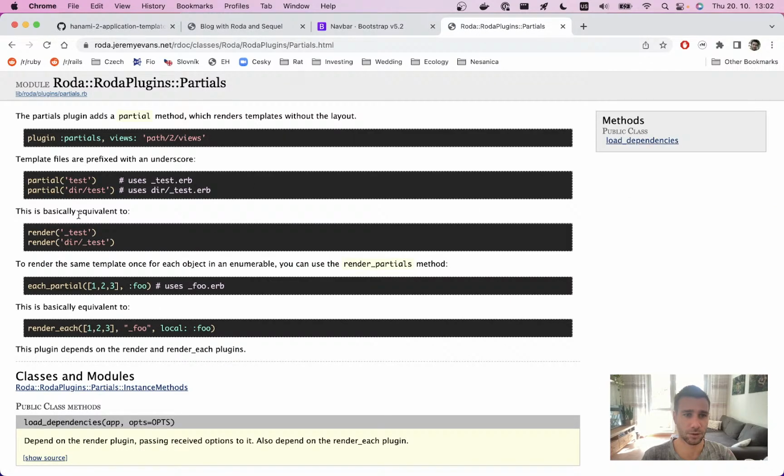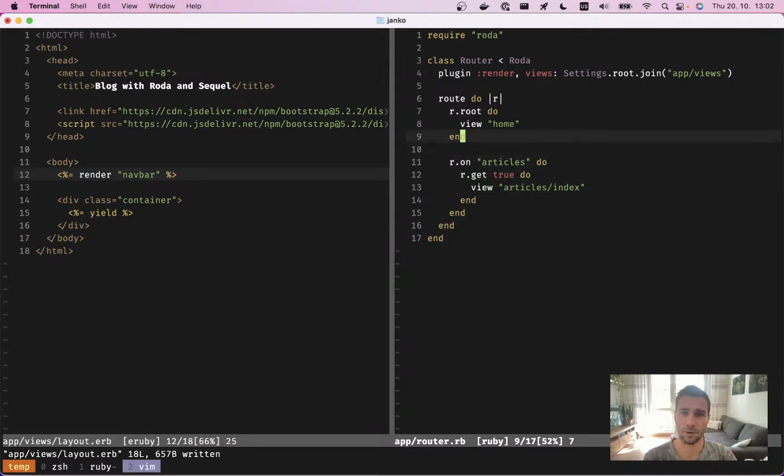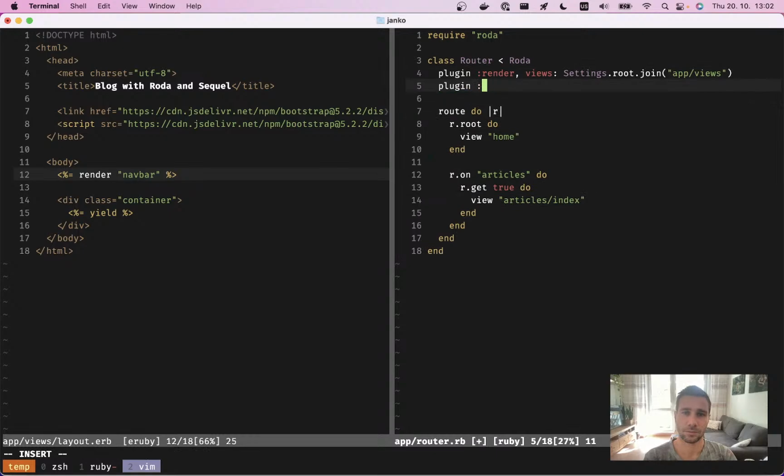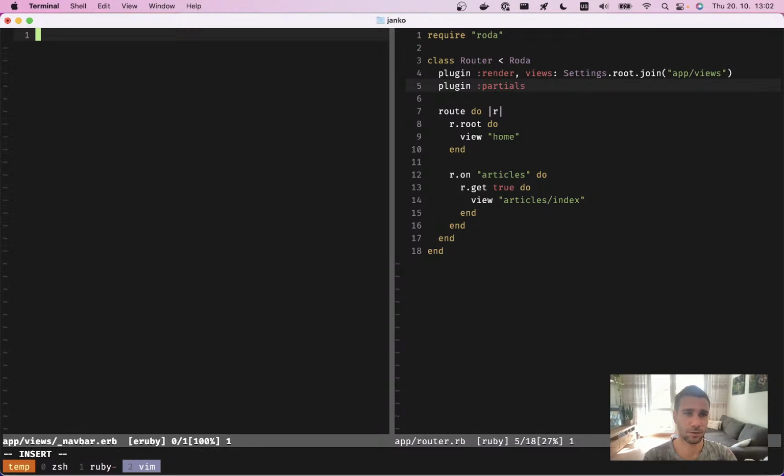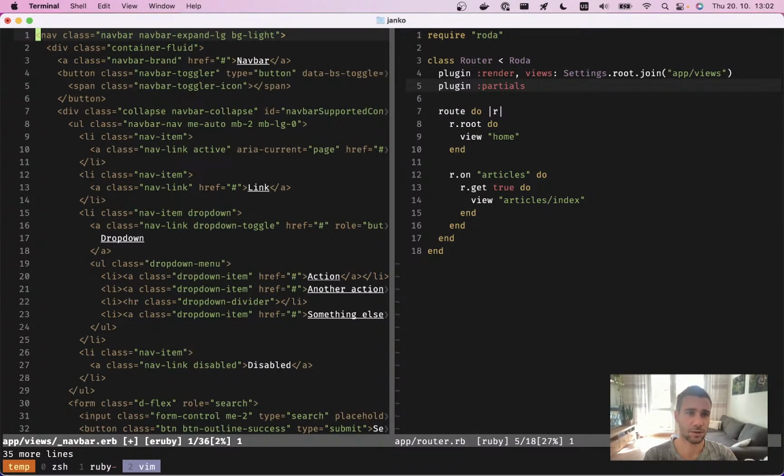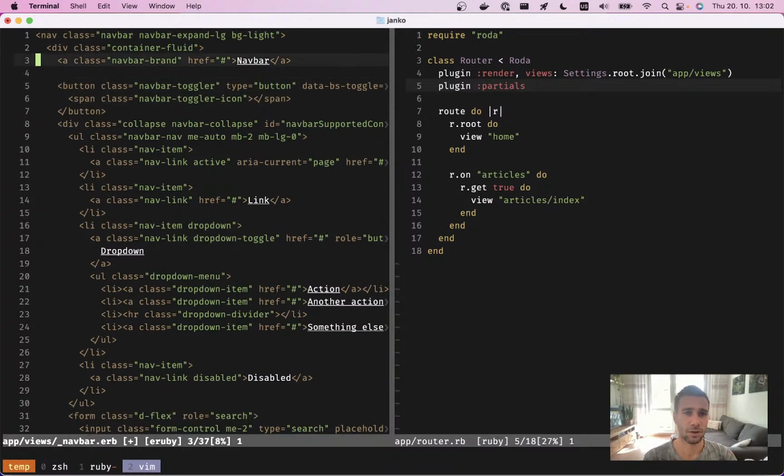This will make sure that the partials are underscored, but yeah, I guess I will use it. Well, why not? Partials. So we will call this partial, and it will be the underscored. We'll paste in what we copied from the Bootstrap file, and